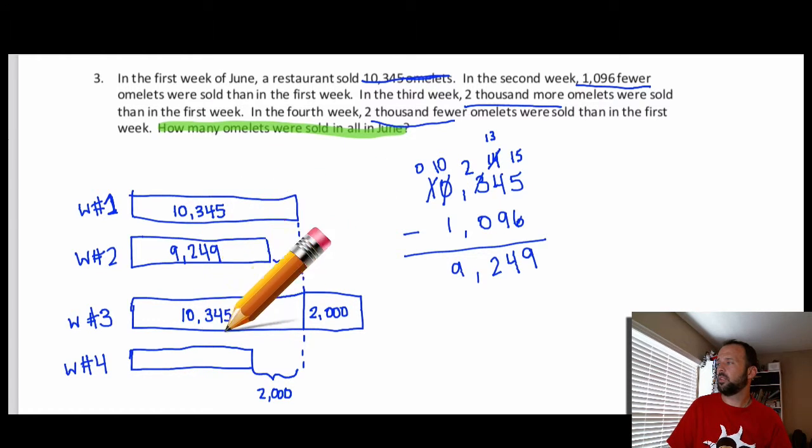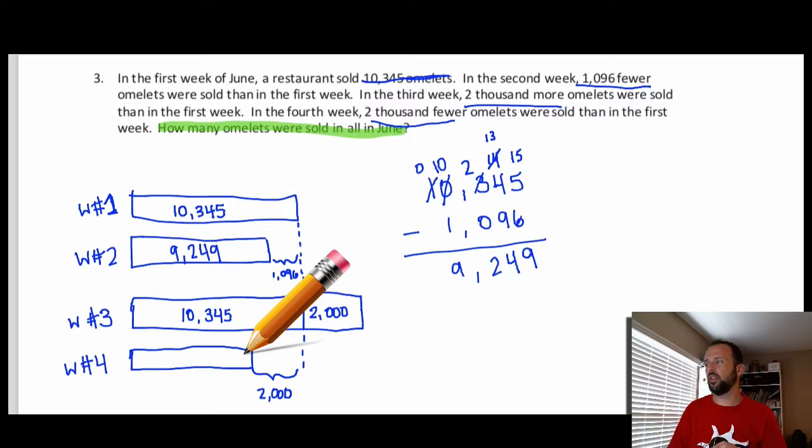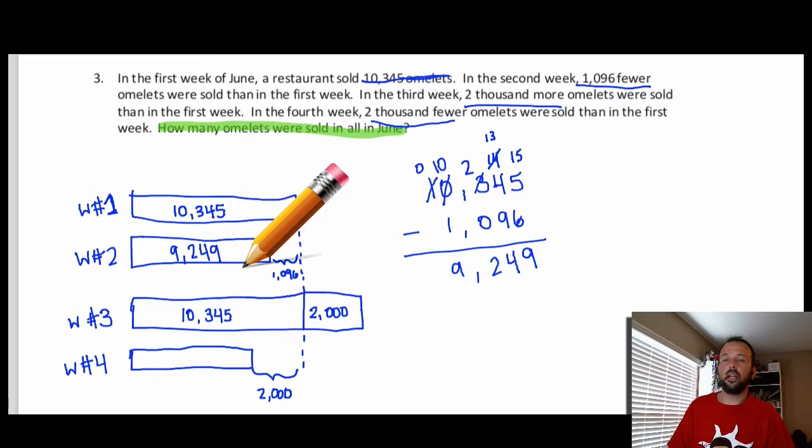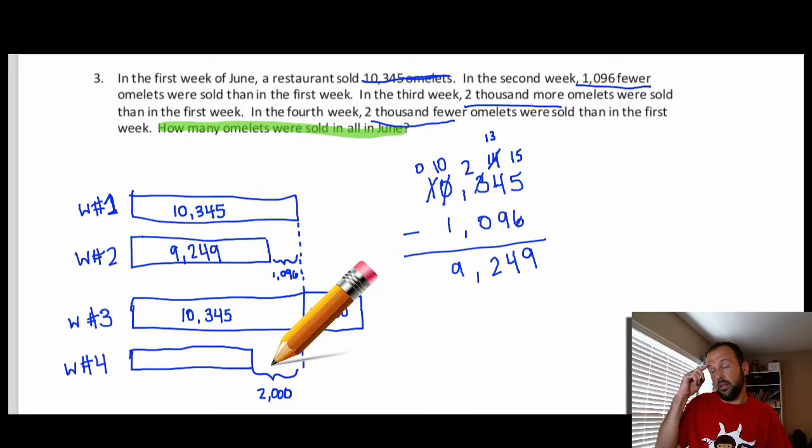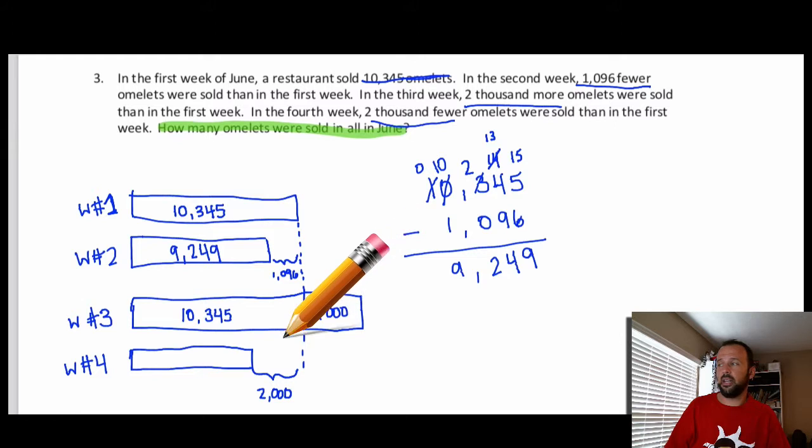Okay, cool. So now week 3 and week 4, that's where we need to look, right? So week 3, they made 2,000 more omelets. Week 4, they made 2,000 less. So what I could do is take that 10,345 and add 2,000 to it, and then take that 10,345 and subtract 2,000 from it. But since I'm adding 2,000 here and taking away 2,000 here, doesn't that kind of balance each other